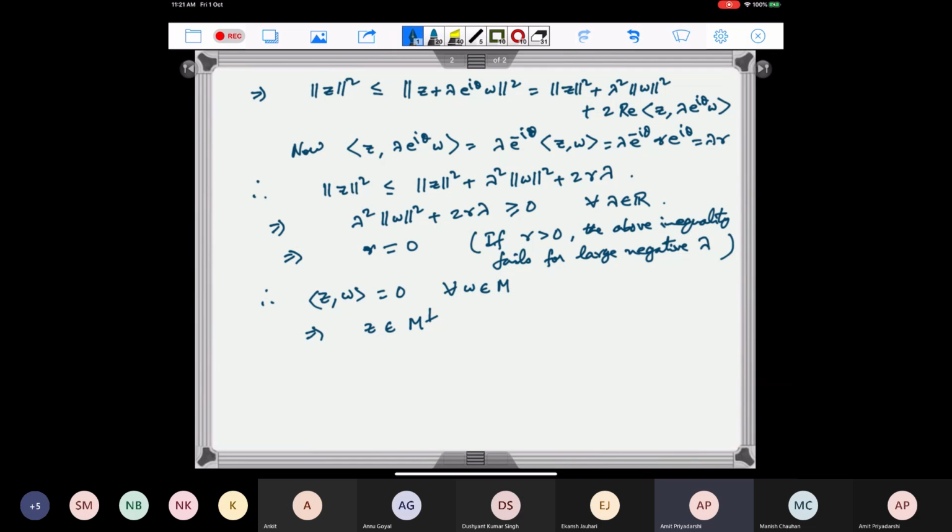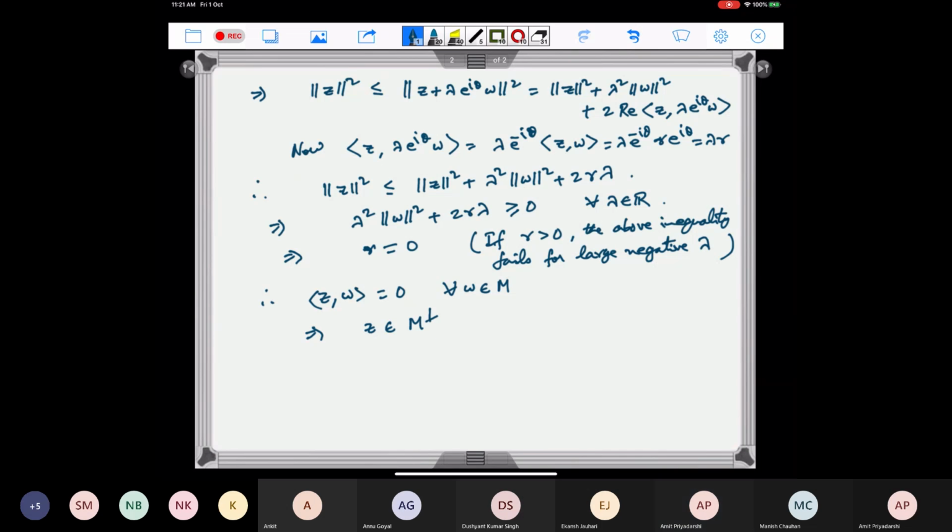Sir, in this inequality, if lambda is large negative, then lambda squared will dominate lambda. Sir, why are we concluding that r is equal to 0? How? No, because see, R is positive, right? Yes, sir. And if you take a large negative lambda,